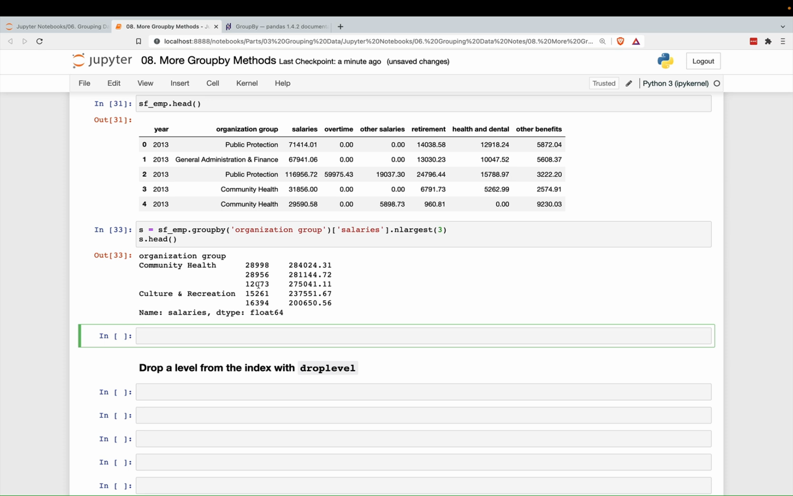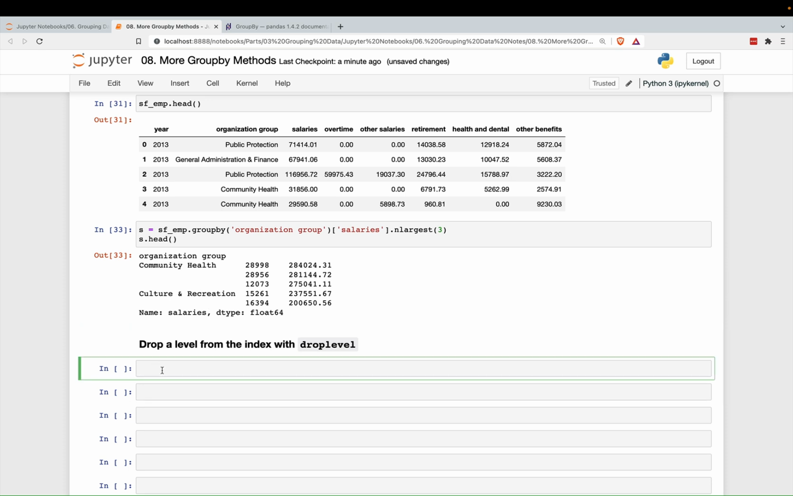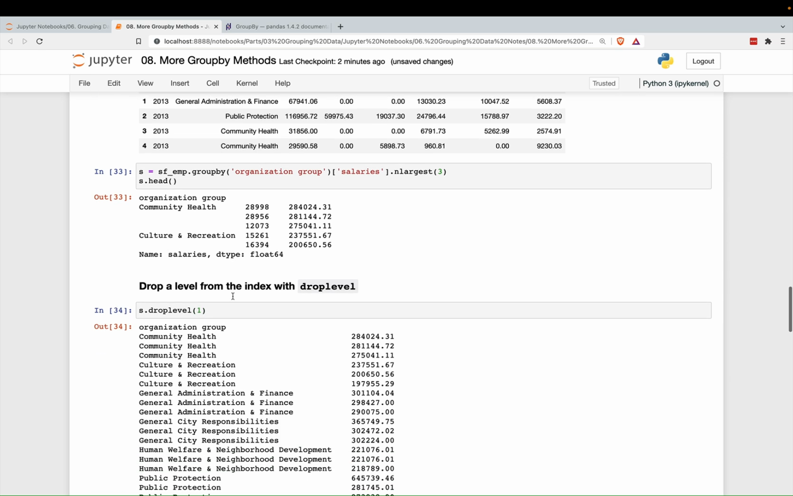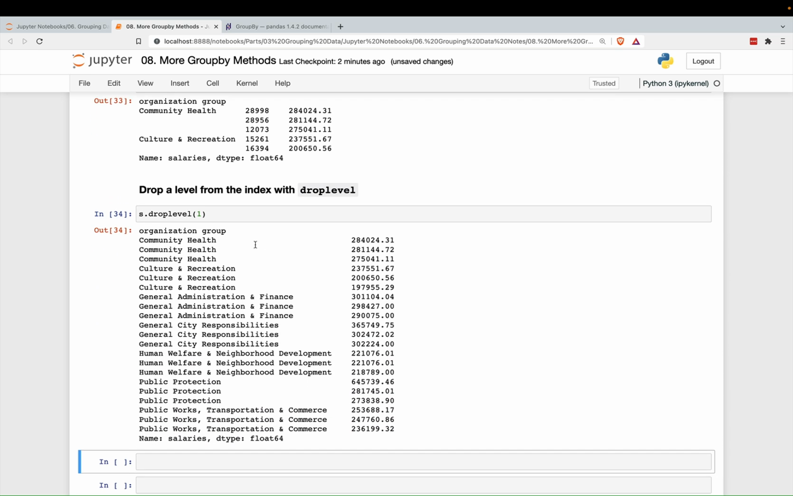And what you can do in a series, and I'll just do it down here, you can drop a level from the index. So there is a droplevel method. So this is something new. This is a series method, not a group by method. And what you can do is you give it the name of the level to drop. This one doesn't have a name, so you can give it the integer location. So that starts from 0 over here on the left. So this is level 0. This is level 1. We can get rid of that, and now this will return something a little bit nicer